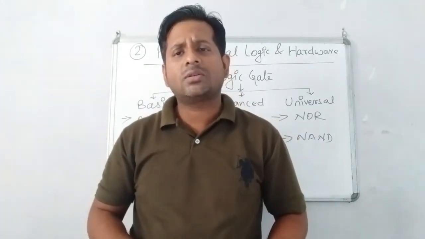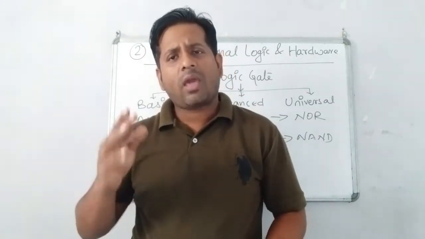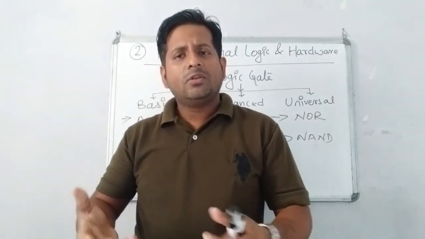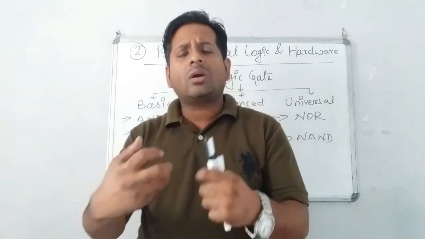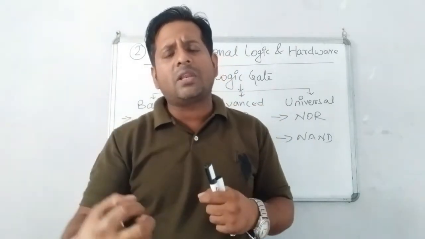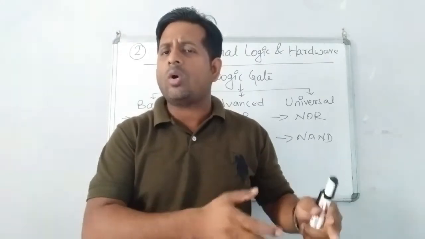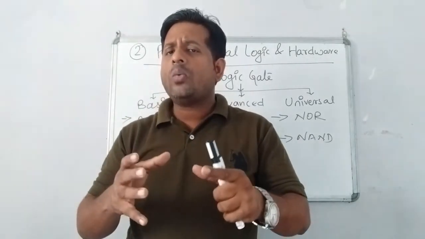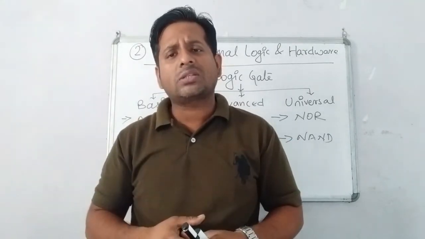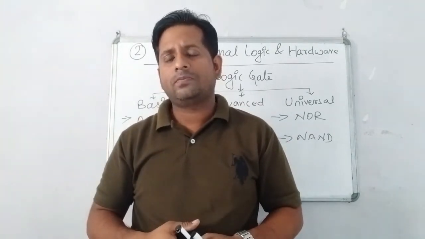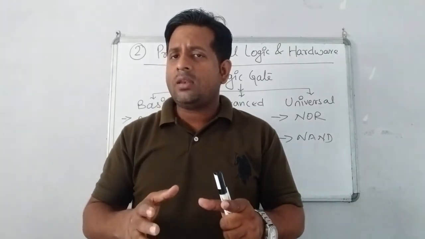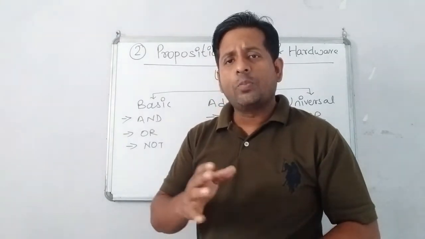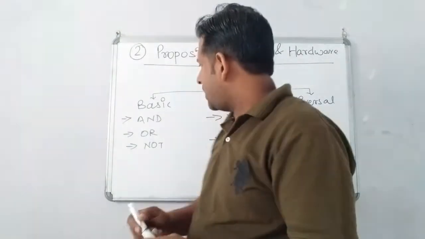Where OR is what? Parallel. AND, series. NOT, inverter. So for these three, how to create a truth table, what the possibilities are to get the outputs when the inputs are on or off, that part we have already done. And even how to utilize the symbols and draw a logic circuit diagram, that also we have done. So once again, I guess that you have understood this part.